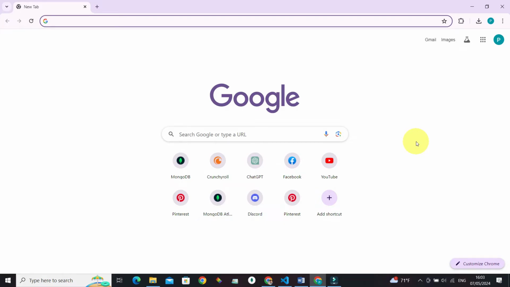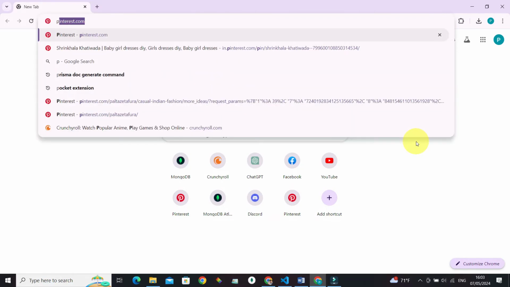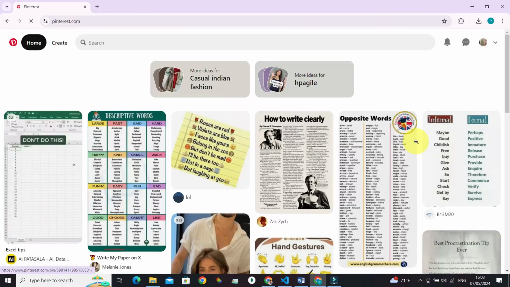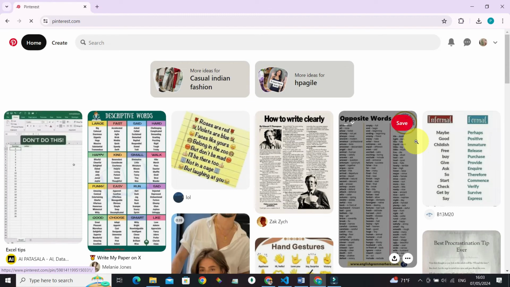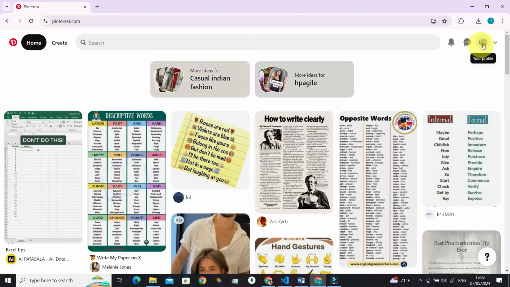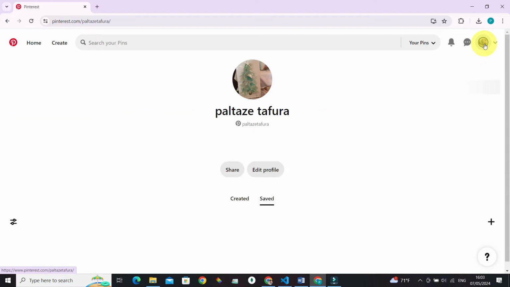So to get started, just open Pinterest by entering pinterest.com in a new tab in your browser and press enter. Now log into your account and this is how it's gonna look like. Alright, now go to your profile by clicking on this avatar icon at the top right corner, and there we